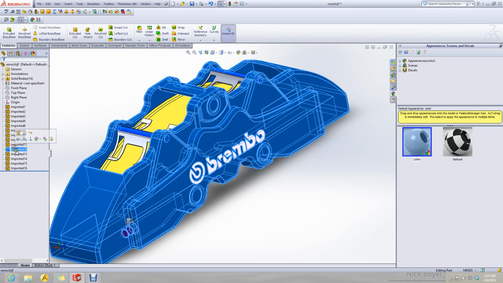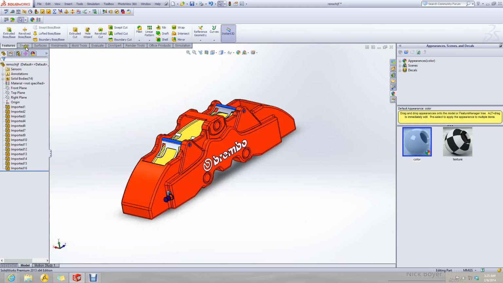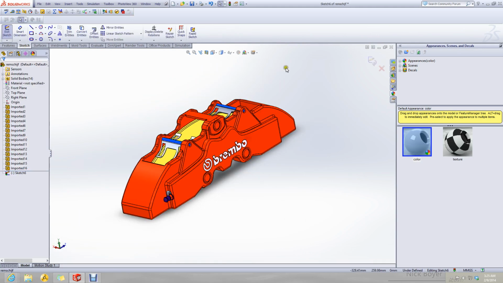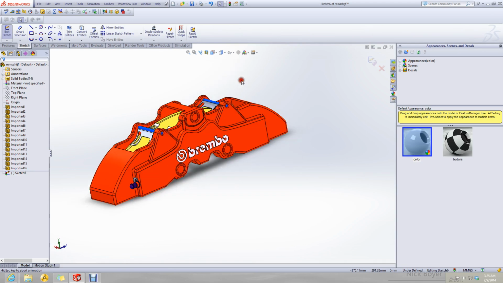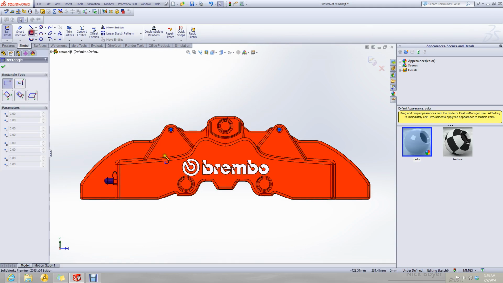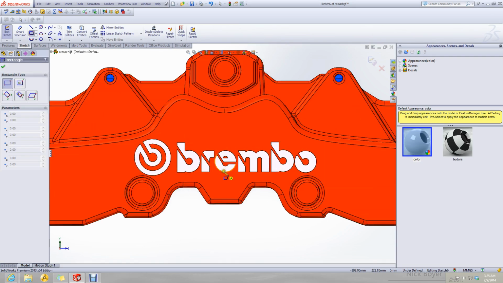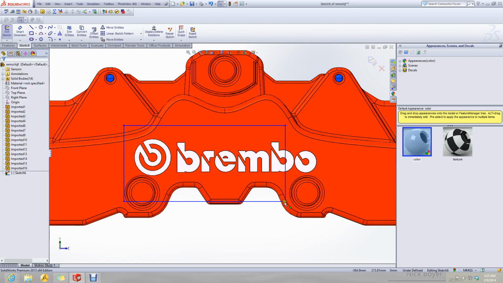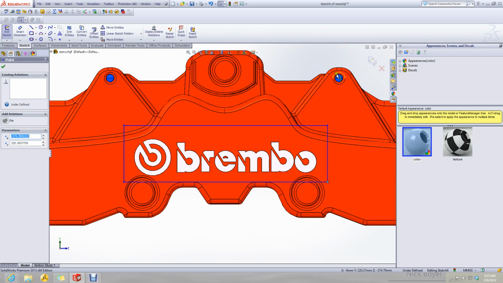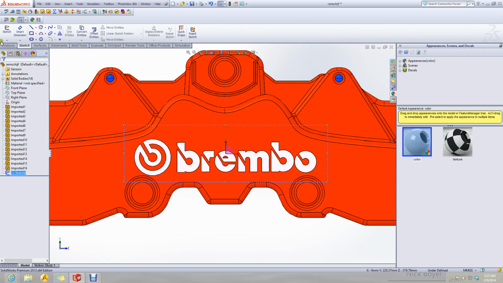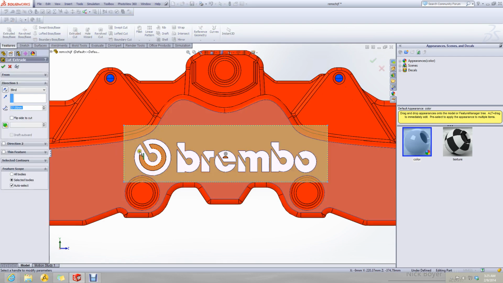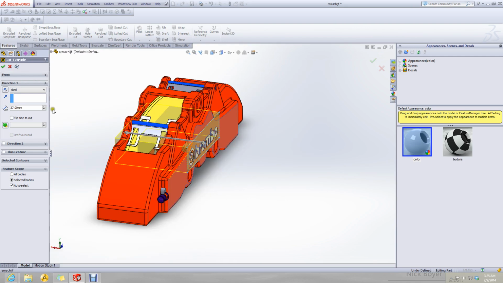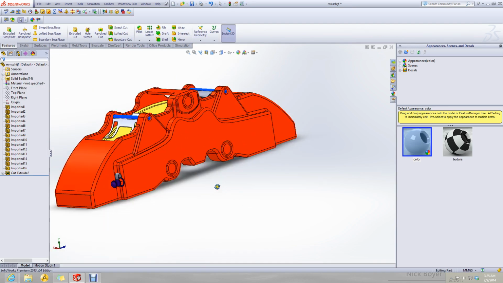Just to remove this logo. Like so. Logo's gone.